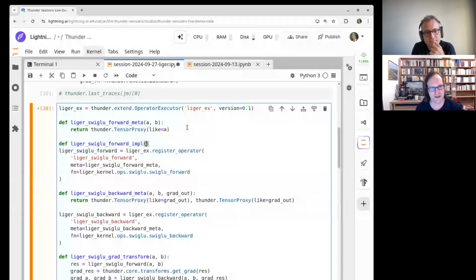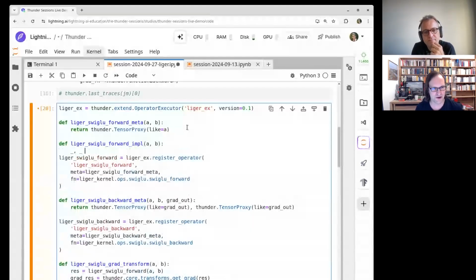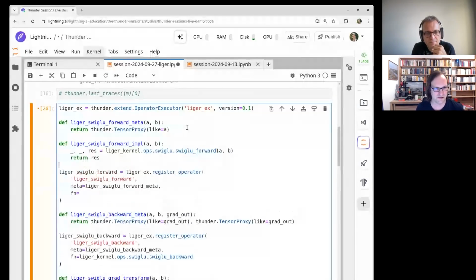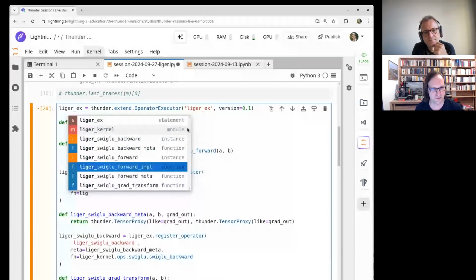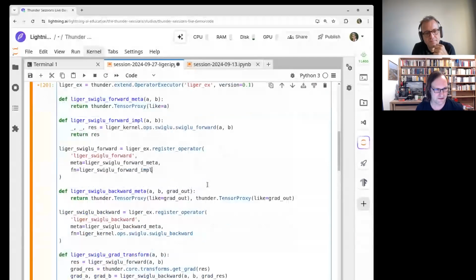We take A and B, and then we just call the function with A and B, and then we return the result, all that we need. And here the implementation will now be this implementation function. All good.